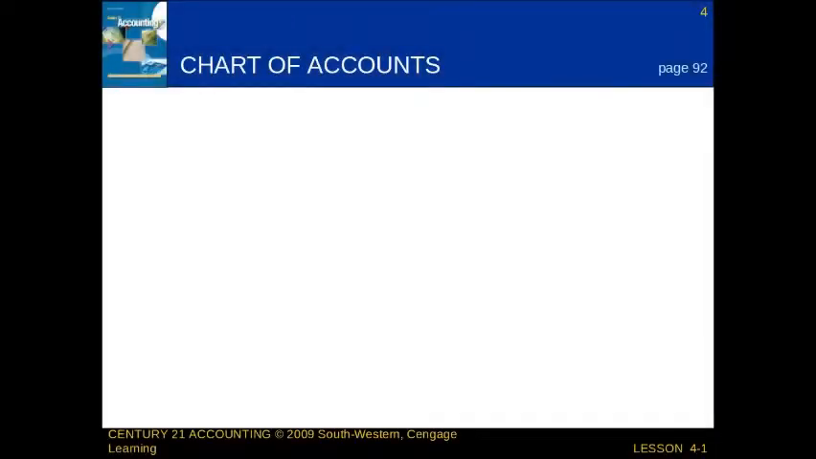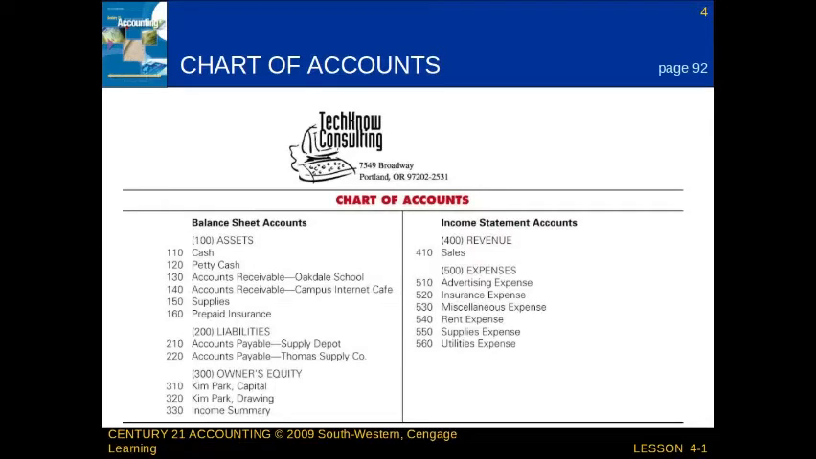Next, we'll be talking about a chart of accounts. So a chart of accounts, this was a term that was used in Chapter 2, is a listing of accounts that's used by a business. So as we can see here, we have the name of the business, which is Technical Consulting. We also have their address and where they're located, along with their number as well. And if we look, on the left side, we have balance sheet accounts, and on the right side, we have income statement accounts. And these accounts are listed in order of liquidity, and that is how quickly can that account